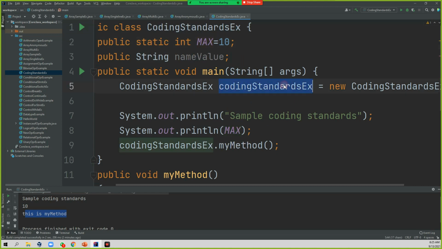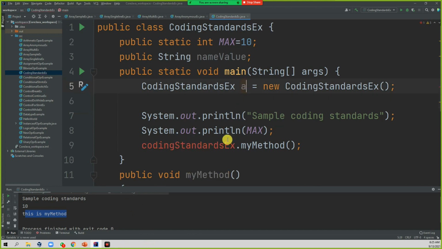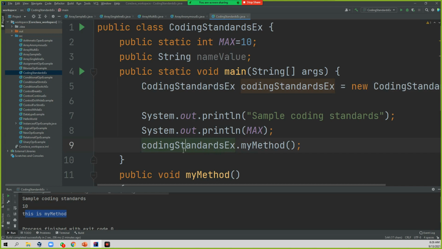Sometimes people simply give a name like a. There is no harm in using it here, but that does not look good. I just gave it a, but what does it mean here? When I come and read it, what does that a mean? Who is giving this method? That is not at all good. I'm just reverting back. While seeing this ninth statement, I can easily understand this particular method is given by this particular object.